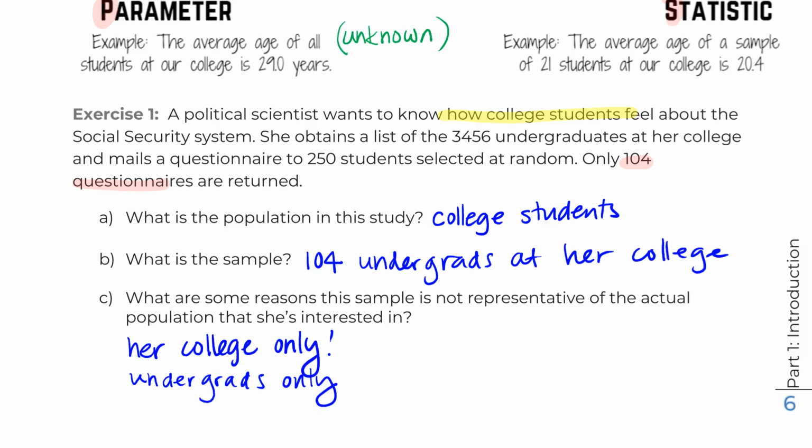And then the last one, which a lot of students notice as well, is that these are people who returned the surveys. And people who return surveys are very different than people who don't return surveys, especially because a lot of the time people who return surveys are,